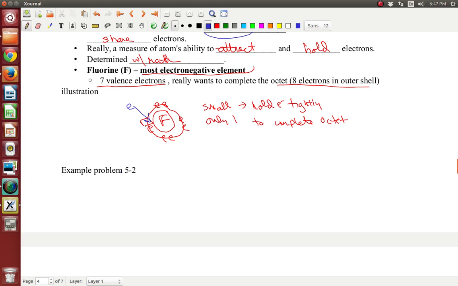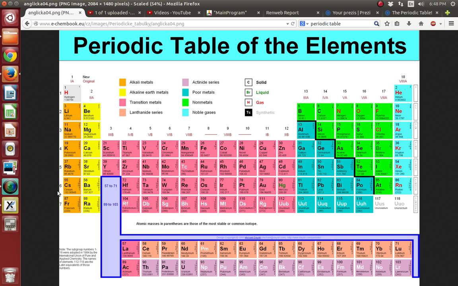All right, I want you to go into your textbook and read this example problem. Make sure you understand it. We'll probably go over it some in class as well, but I want you to understand it now. Think about how big the atoms are, and also there's a mnemonic device that you can use